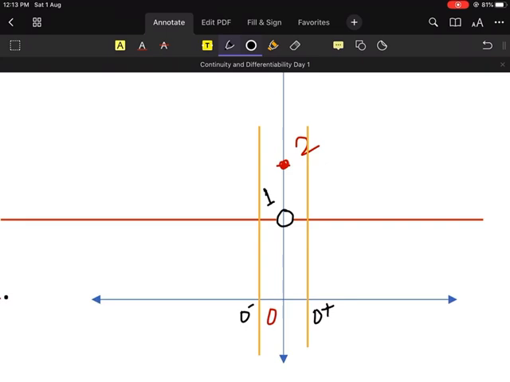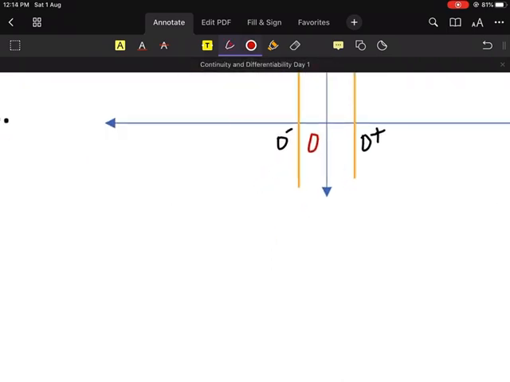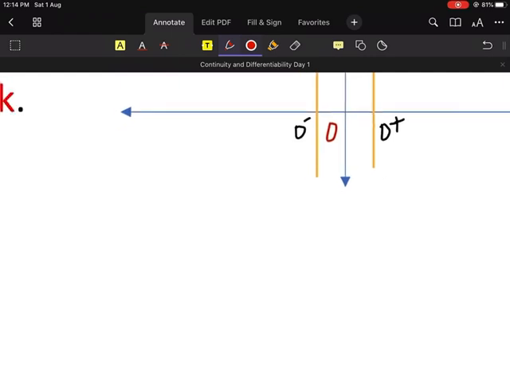Just because it's cutting number 2, it's not 2. I need to see which portion of the graph it's cutting. This number 2 is cutting, but it doesn't cut the graph, that's why it's not 2. It has to cut the graph. Understood, guys? Everyone clear or not? Rohit, clear?